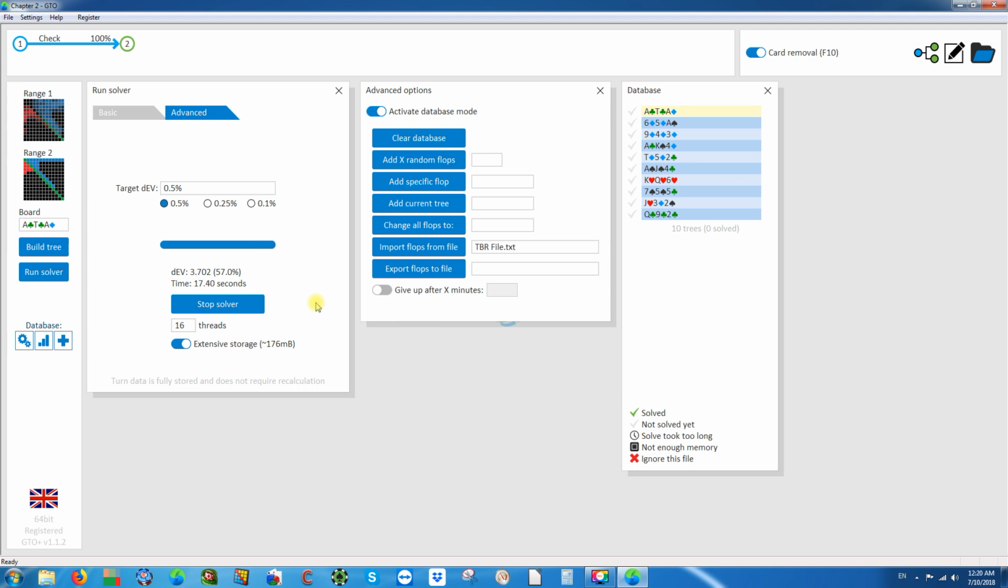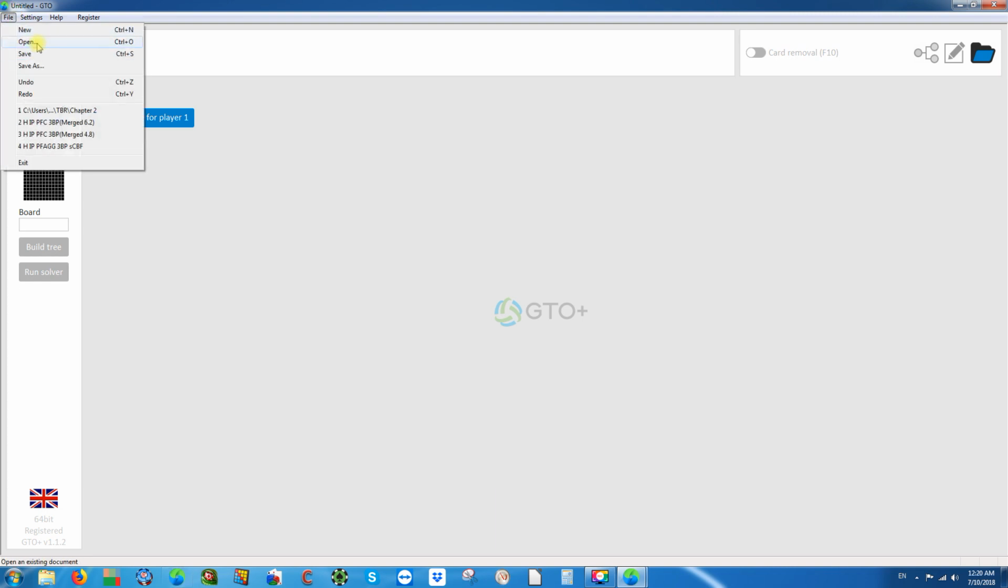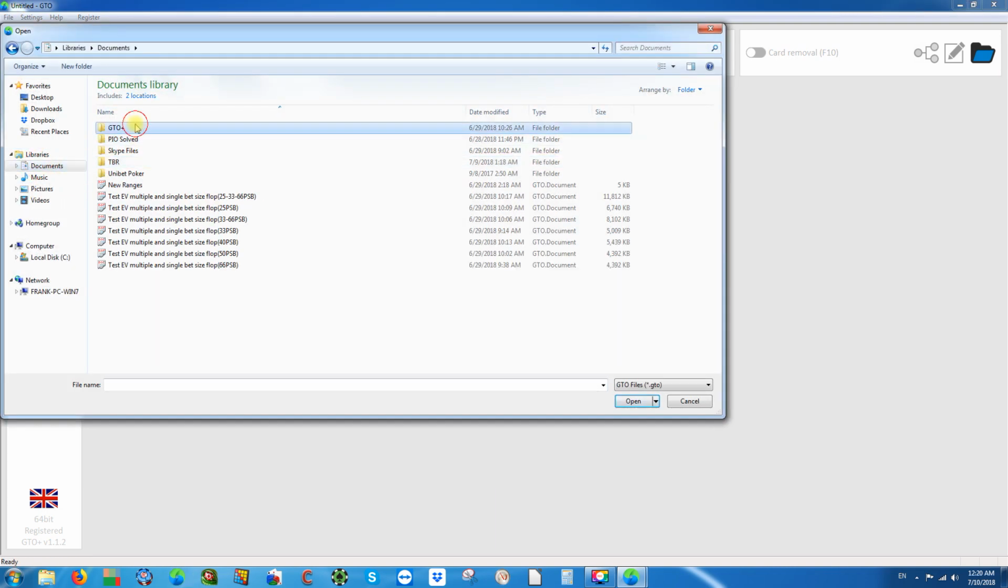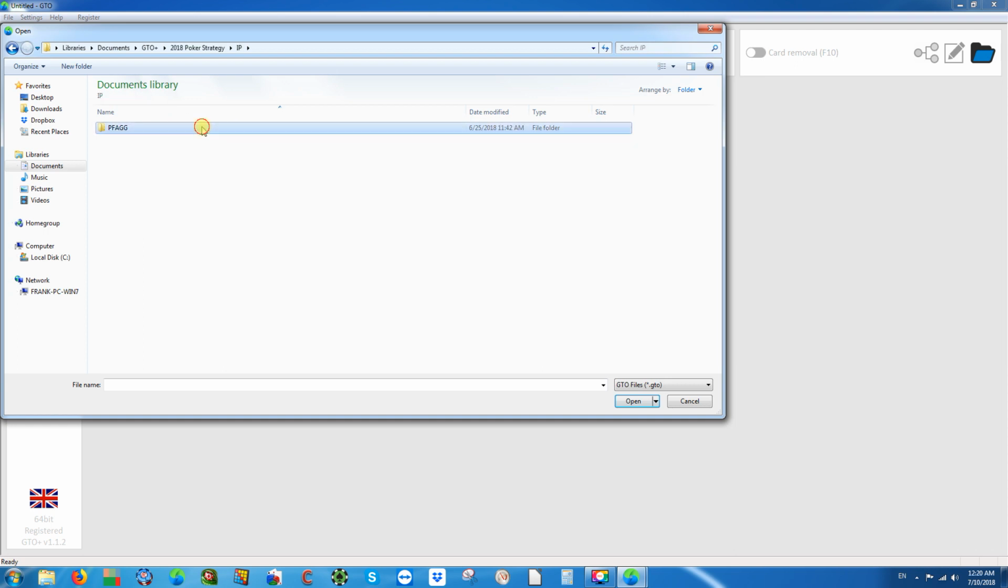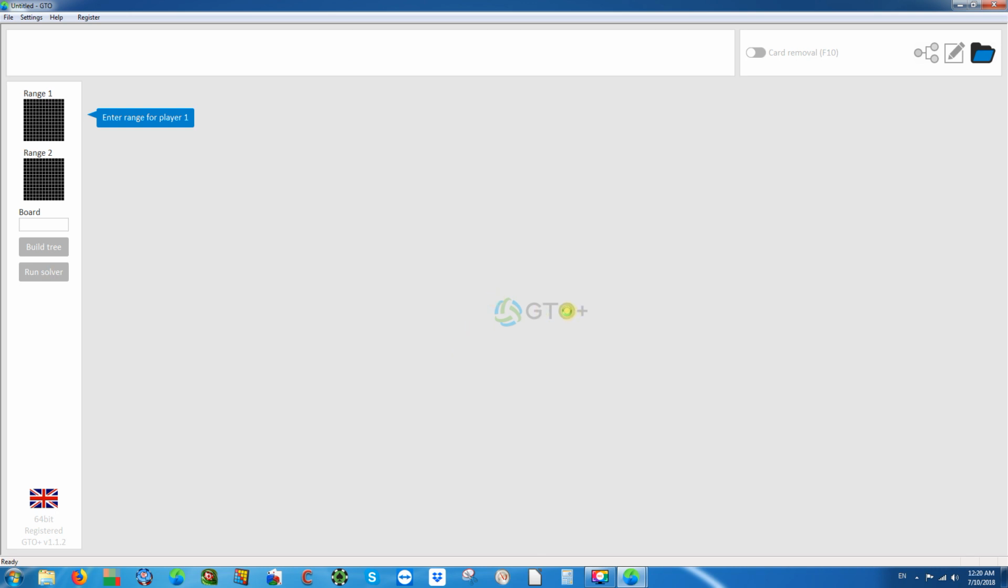And after that, you let it run, and you come back later, and all the trees will be solved. And I'll show you why I think this is very powerful, in fact, because I myself have solved a lot of databases, in fact, and I'm just gonna open a new window for GTO Plus here, and we're gonna look at, let's just see this one here, and this is the database I solved,